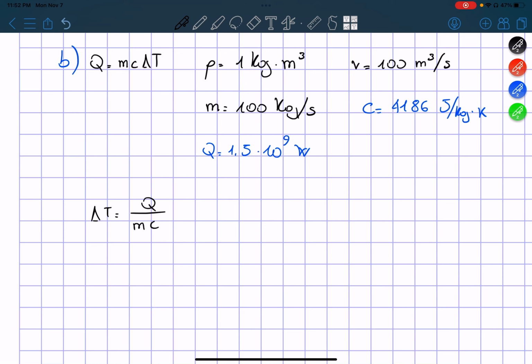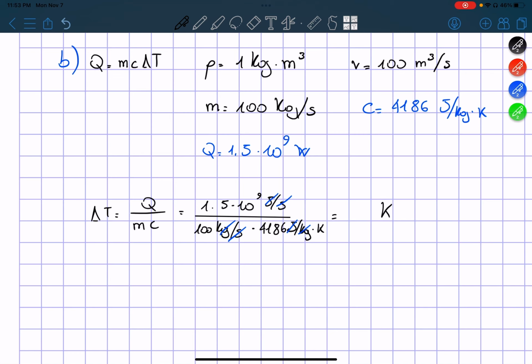So we have 1.5 times 10 to the power of 9 watts, which is joules per second, divided by the mass, 100 kilograms per second, times 4,186 joules per kilogram per Kelvin. As you can see, the seconds cancel each other, and we end up with Kelvin. So 1.5 times 10 to the power of 9 divided by 100 times 4186 is equal to